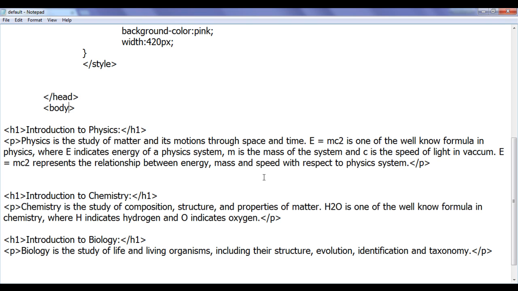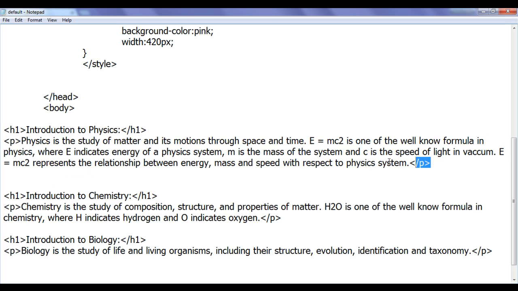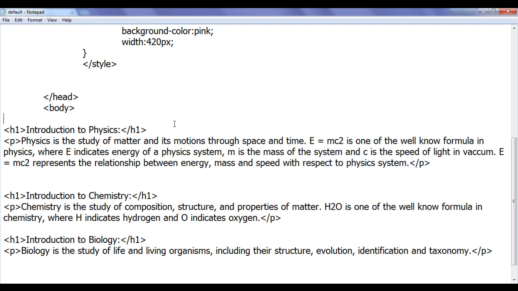And when to use a div tag? Let me tell you. You have to use a div tag only when you don't have any other proper tag to use. At present, of course, I don't have any other tag to use here which helps me group these two tags together, apply a style or create a section. So I must and should use a div tag at present in this place.